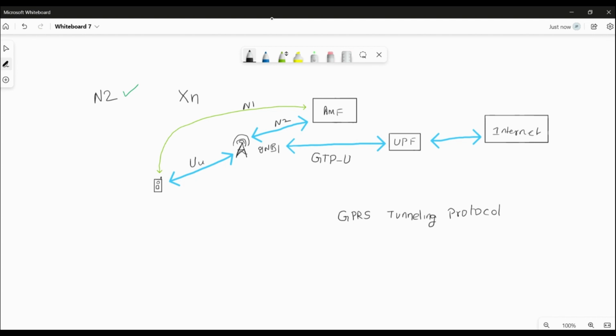Also, there is another network element, SMF, and there is one more, PCF. These network elements for the time being may not come into the picture right now. When we are talking about N2 interface handover, we are talking about